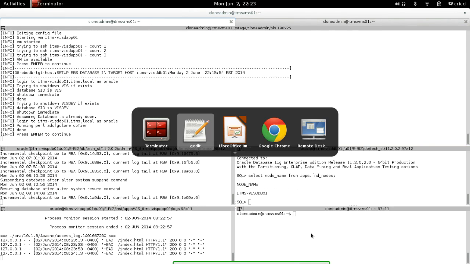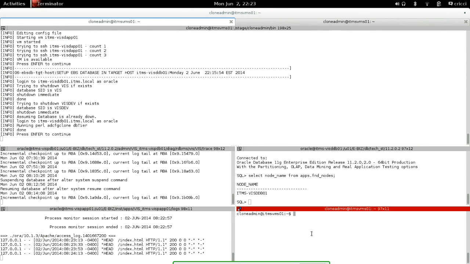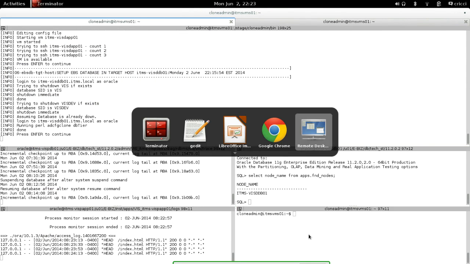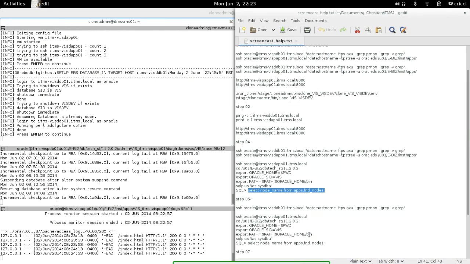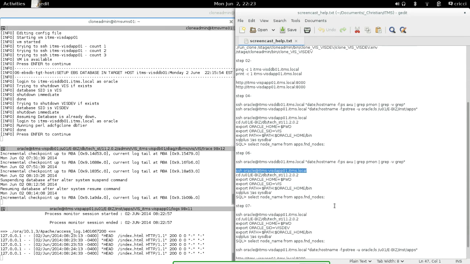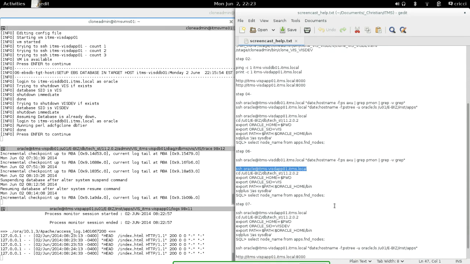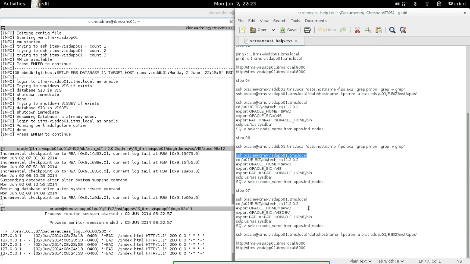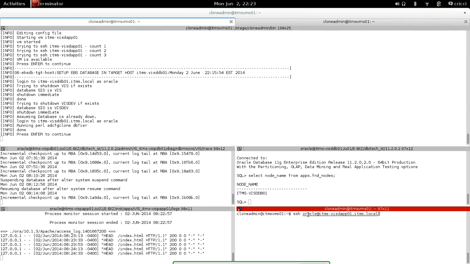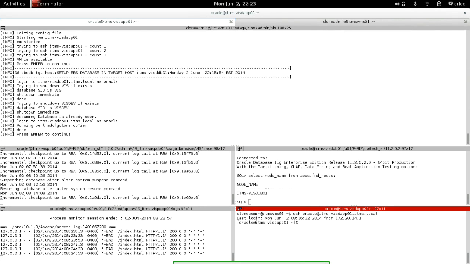Now let's SSH into the target system, middleware, yep, I'm in the BISDBA1,